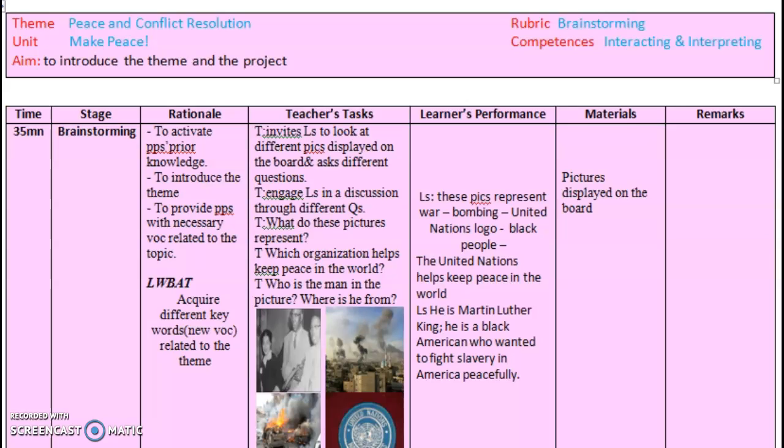And today I'm going to show you a lesson plan about how to introduce the unit. Normally we shouldn't devote a whole session for introducing the theme, but I think with 45 minutes, and if we want to inject new vocabulary words related to the theme,